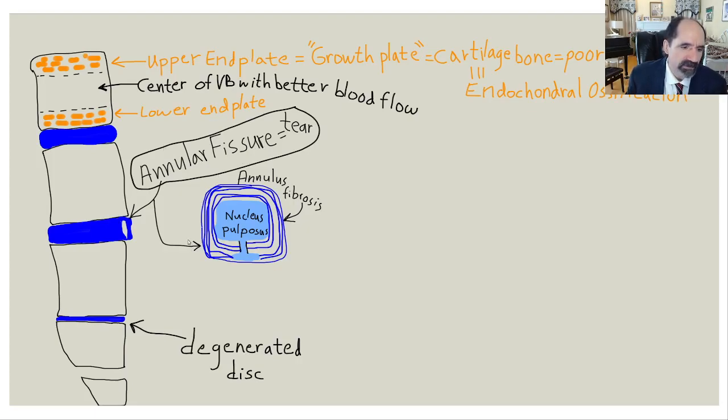This is a typical sagittal MRI appearance of the spine. Here's the nucleus pulposus in the center. That's what we meant by a jelly donut filling in the center. And then these concentric fibers going around the outer part of the disc are called the annulus fibrosus. They're like a steel-belted radial tire to keep the nucleus pulposus, the softer material, in place. When you get a crack in the annulus fibrosus, the nucleus pulposus starts to leak posteriorly, and it can start bulging out, kind of like squeezing toothpaste out of a tube, and press on things, nerve roots and the dural sac,